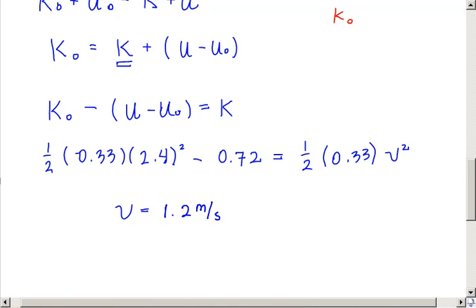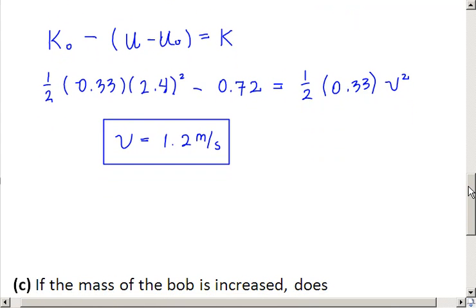If it had been 0 there, we would have known that it stops, but it's definitely still moving, so you can't assume that it stops. All right, so the next part asks for